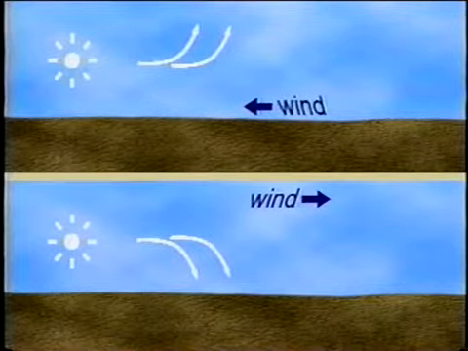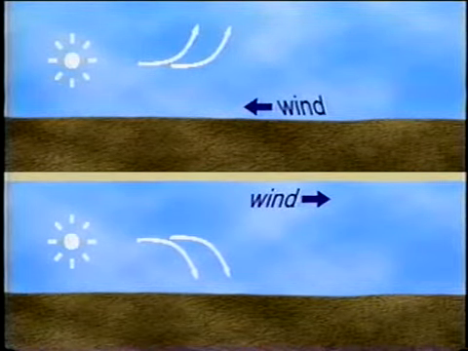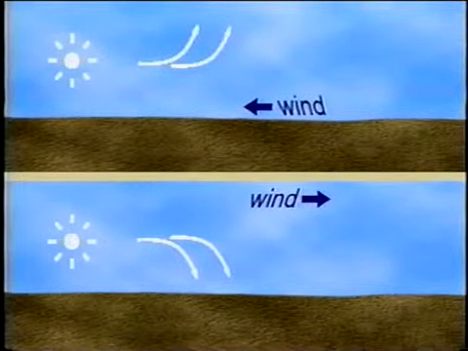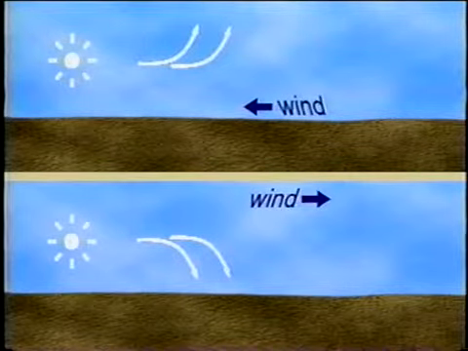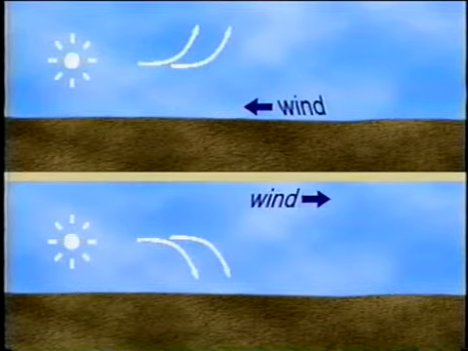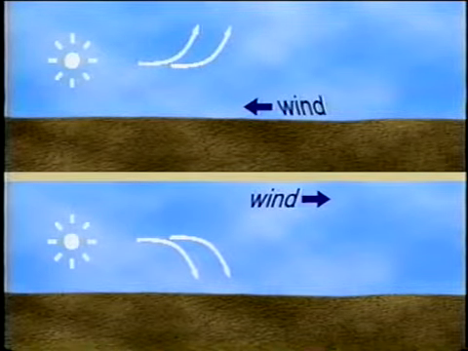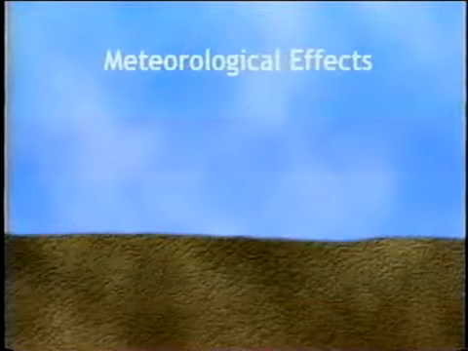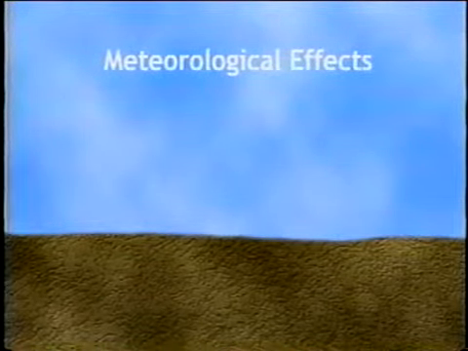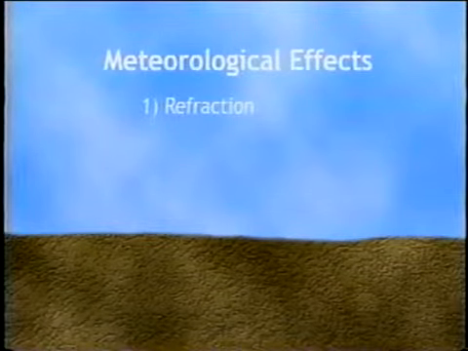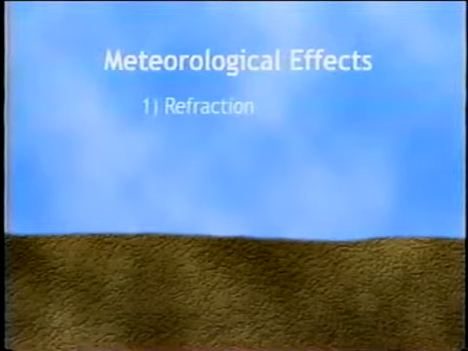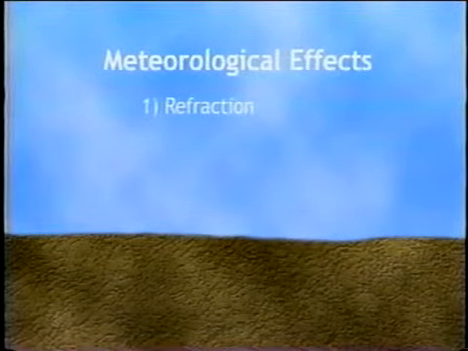When sound is propagating upwind, the ray paths curve upward as with the temperature lapse, decreasing the received noise level. And when sound is propagating downwind, the ray paths curve downward as with the temperature inversion, increasing the received noise level. The importance of meteorological effects is that sound may reach the receiver with greater intensity if it is refracted downward toward the earth, and with less intensity if the sound is refracted upward away from the earth than in cases where meteorological effects are negligible.